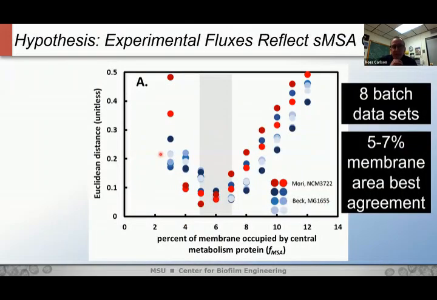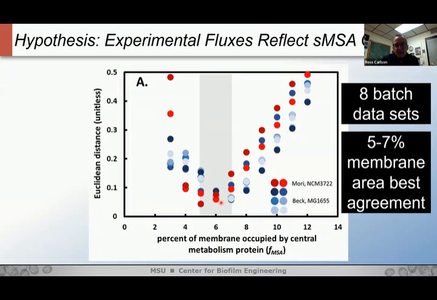So we wanted to apply this theory to experimental data, and we've done a number of different analyses. The hypothesis for this plot is that experimentally measured fluxes reflect this membrane surface area constraint. We've got 8 sets of data here, 6 of these from my lab, 2 of these from Terry Wa's group. What we're doing is taking experimental data and compressing them into 3 vectors. So we're looking at the growth rate, the glucose consumption rate, and the acetate overflow rate. The hypothesis being that the magnitude of those 3 vectors reflect this membrane constraint on the